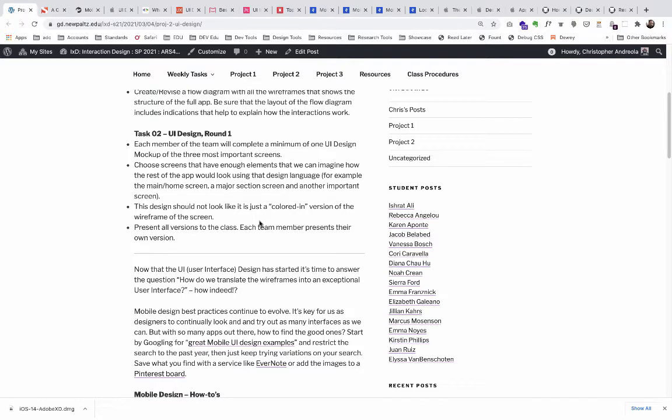Now our next task is the UI design, and this is round one. So this is your initial design, right? You have your wireframes, you did the UX, you should know what content is going to go on your screens. Now we need to make the look and feel. What do the screens really look like? And the goal here is that we don't want to just color in the wireframes. Don't confuse the wireframes for the design. The design should look